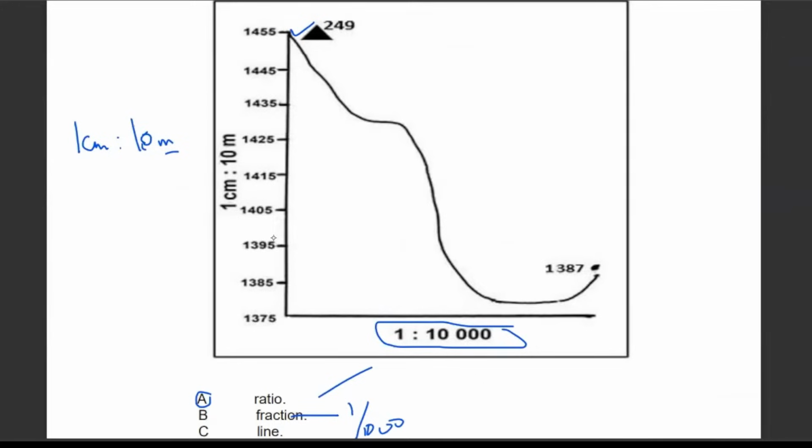How do we convert meters to centimeters? We multiply by the number of centimeters in a meter, which is 100. So we are multiplying our 10 by 100. So 10 times 100 gives us 1000. So for that reason, our scale is 1:1000. We have converted our 10 meters here on the vertical scale. 10 meters, we multiply it by the number of centimeters in a meter, which is times 100, to give us 1000. So the ratio scale of the vertical is 1:1000, and the horizontal is